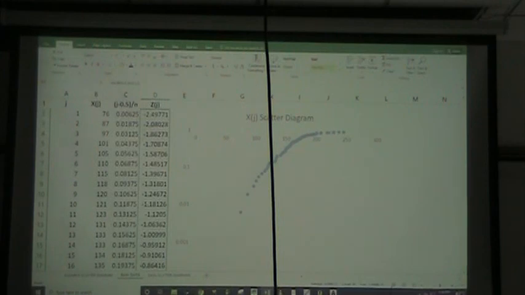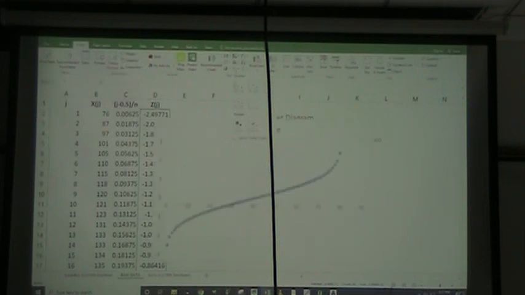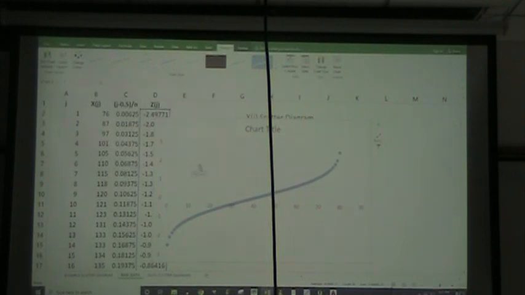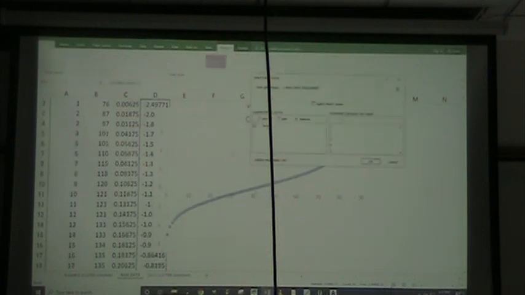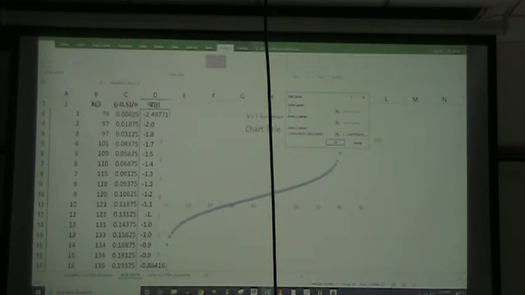Now, I'm going to go back to Insert. I'm going to go back to Scatter Charts, and I'm going to get a chart here. All right, but this isn't the chart because it's just charting the J against the Z-score, and that's not what I want. So anywhere on this field, I right-click, I go to Select Data, Edit, equals my Z of J,